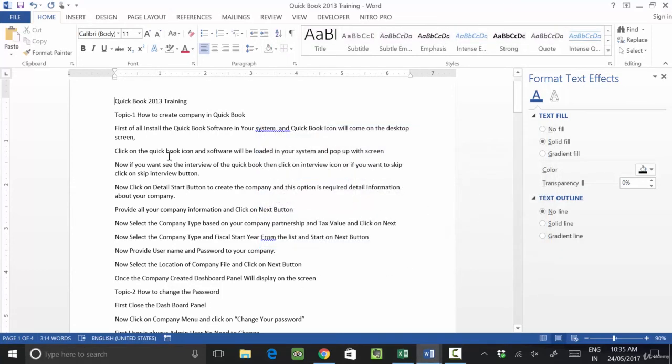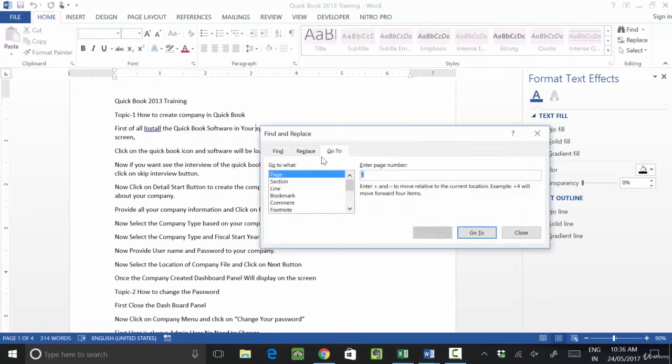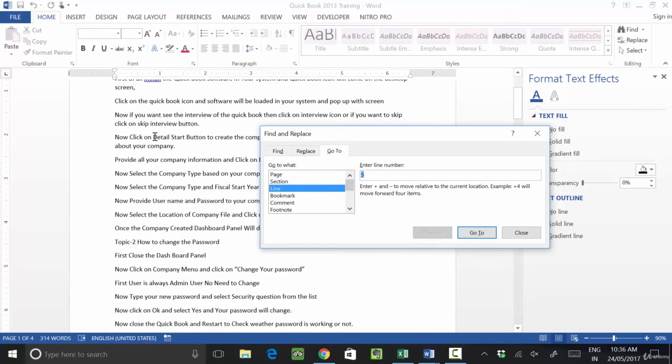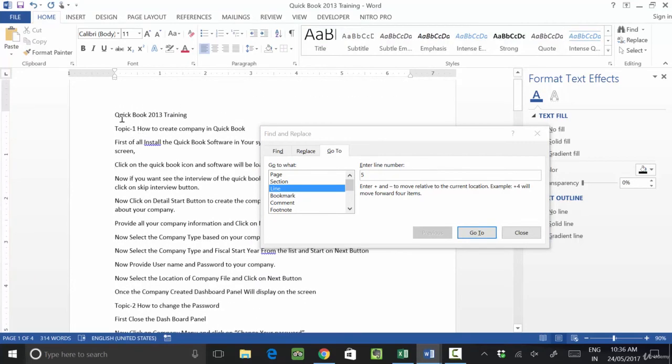In the same way, on page 1 I want to see line number 4. Control G stands for Go To. You want to go to line number 5, so click Go To. Your cursor will show you that you are on line number 5. If you click, you will see 1, 2, 3, 4 and this is 5.